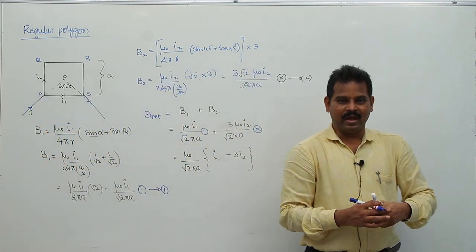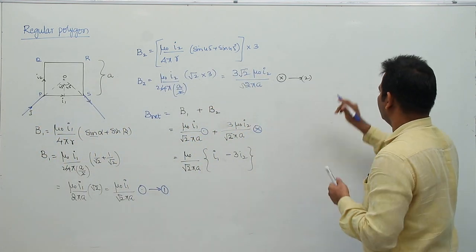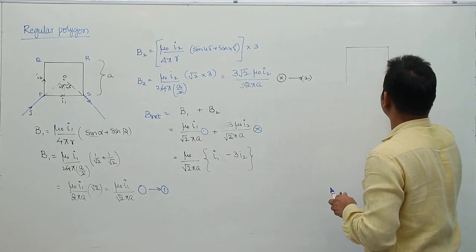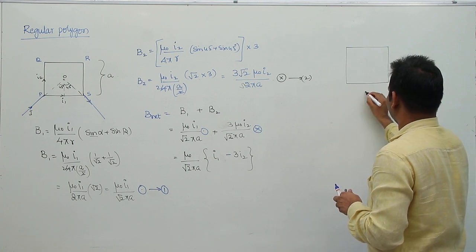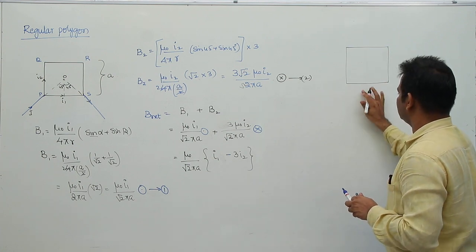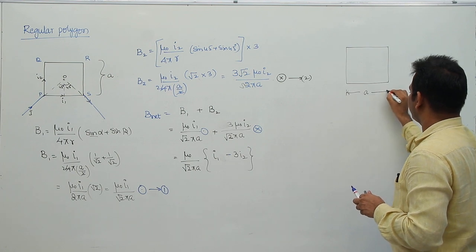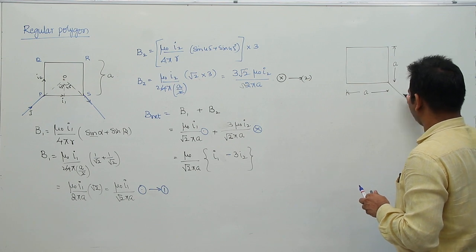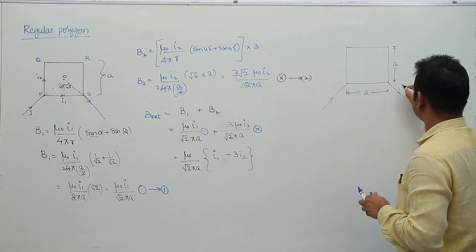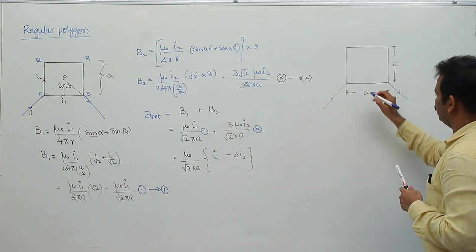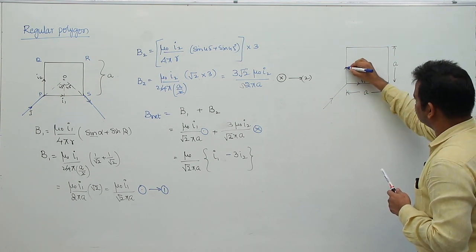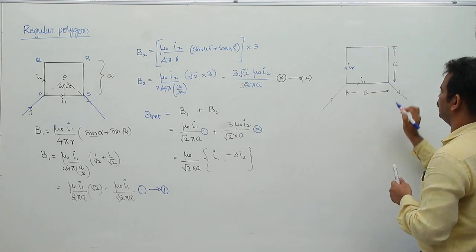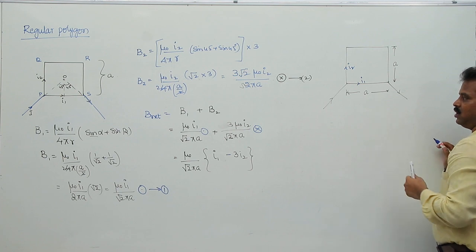Now the relation between I1 and I2. You see this diagram, if you take that square here, this is the square. The length of this one, let us say this is given as A, and this is also A. And the battery is connected between these 2 points. Now, this current I am denoting as I1, this current as I2. As these 2 points are connected, these 2 currents divide according to the resistors.